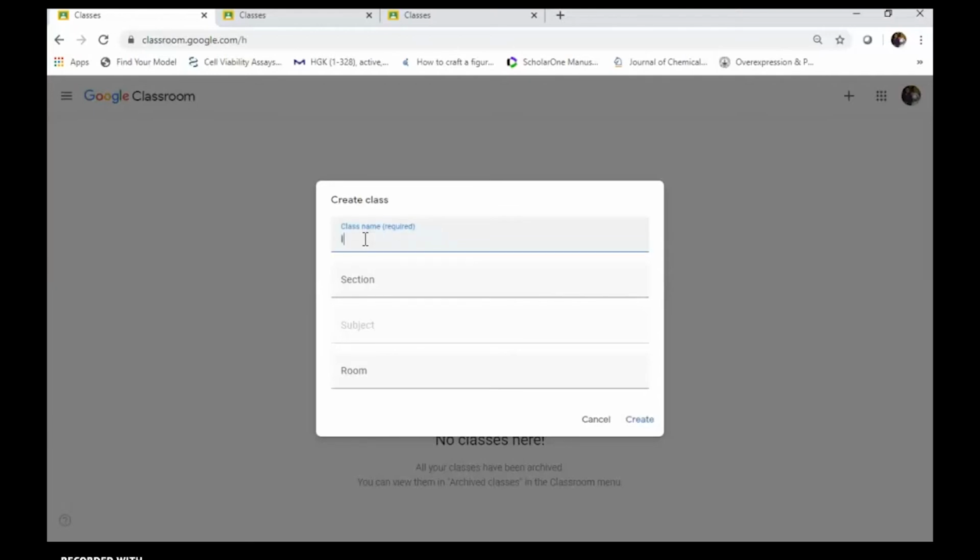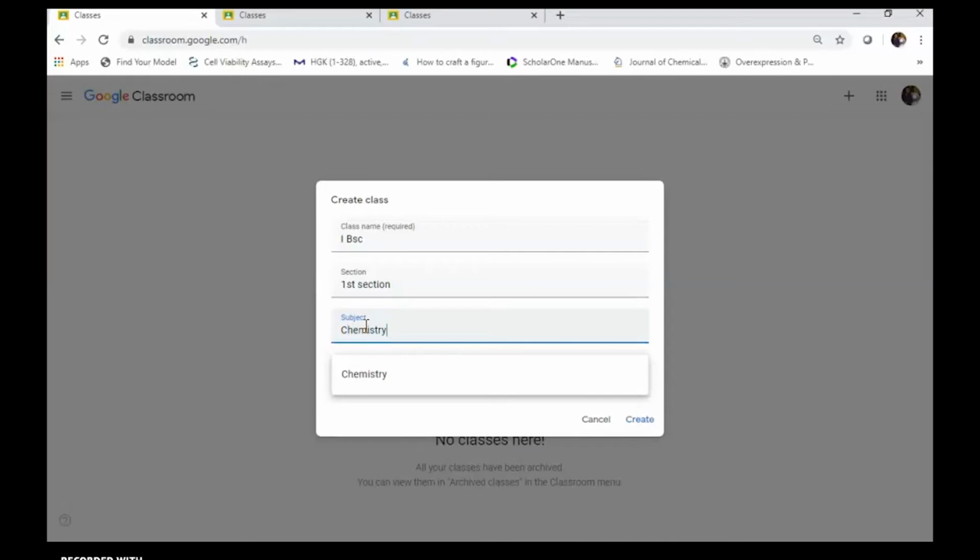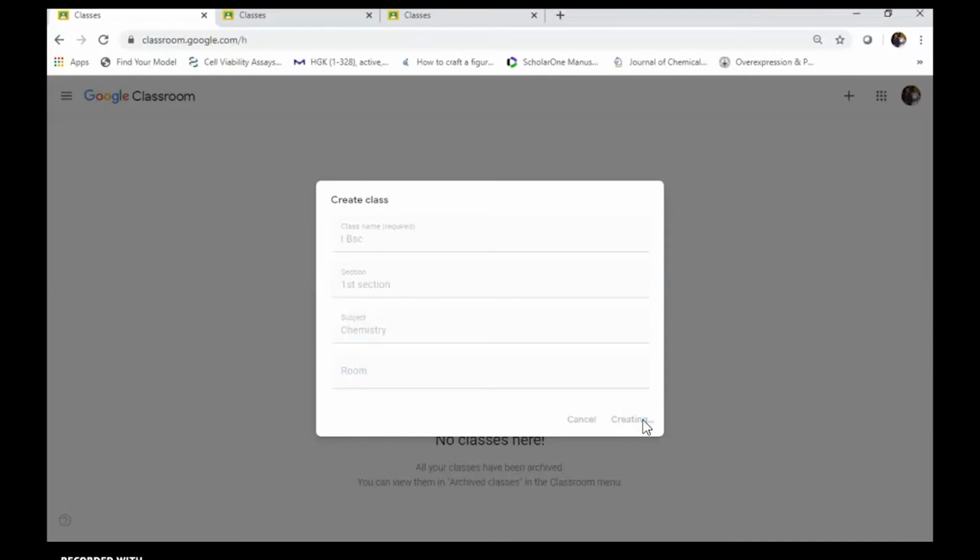You can type your class and any section of class, like first section or second section. Type your class subject, chemistry, or even the room number, anything, then create a class. This is for the teachers.